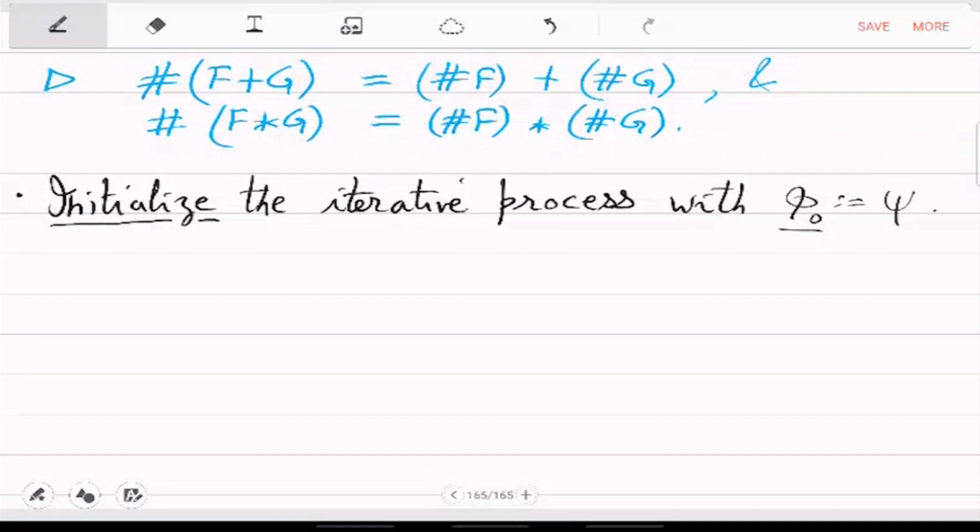So lemma 2 is the lifting lemma. Say you have a Boolean formula psi, then you can lift the values of hash psi. So 1 mod 2 will lift to minus 1 mod 2 raised to m plus 1, and 0 mod 2 will lift to 0 mod 2 raised to m plus 1. So this we will do by using these operators, addition and multiplication.